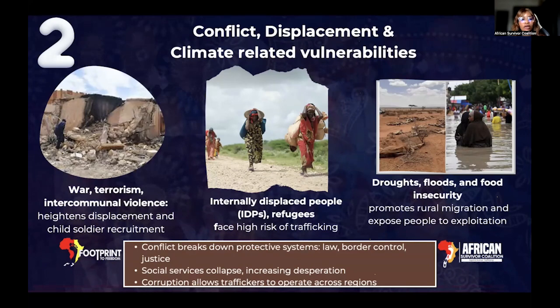In many conflict zones across Africa, either during war, terrorism, or intercommunal violence, armed groups use trafficking as a deliberate strategy. Sometimes they recruit children as soldiers, they force young girls into marriage or sexual slavery, and even men into forced labor. We've seen this happen in so many African regions, like Boko Haram in Nigeria and Cameroon, and also armed rebel groups in Congo, South Sudan, Central African Republic, even insurgency groups in Mali, Somalia, Ethiopia, Sudan, and so many. If you check through the map of Africa, you'd see that many of these armed groups are infiltrating